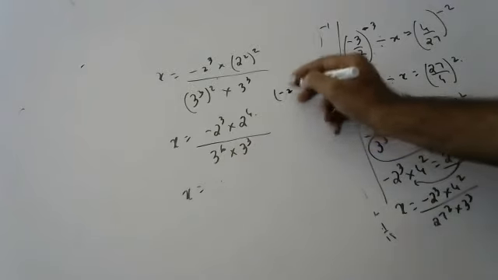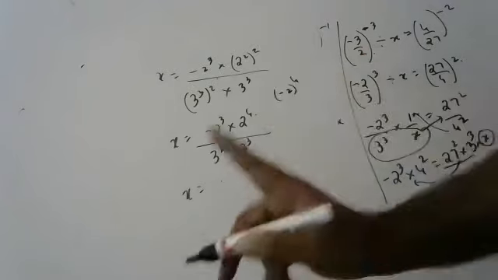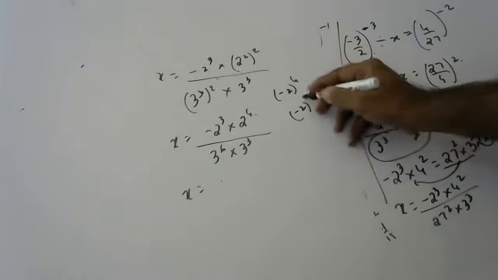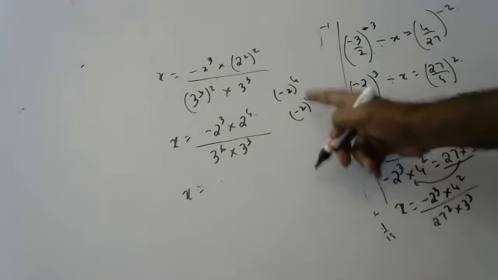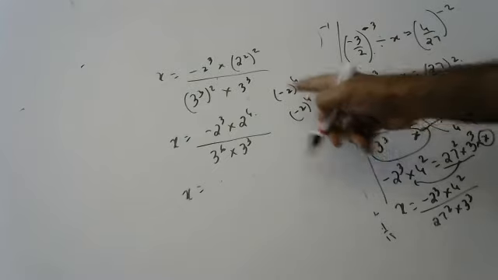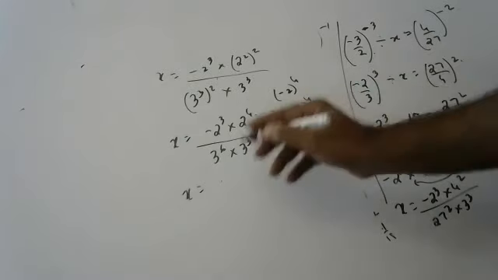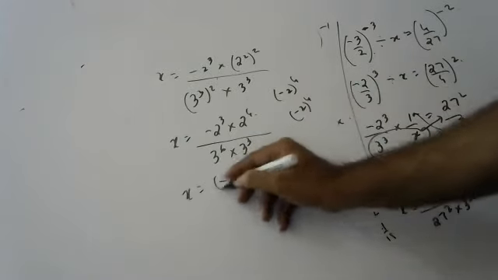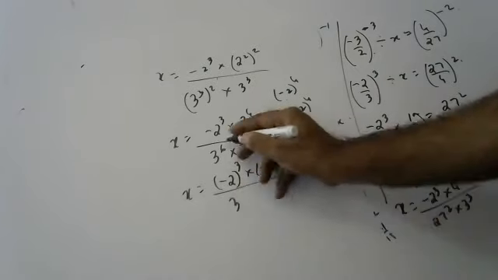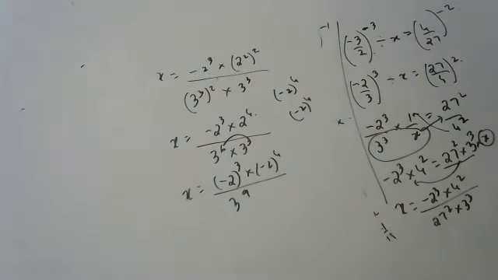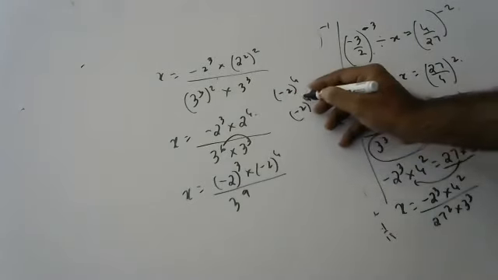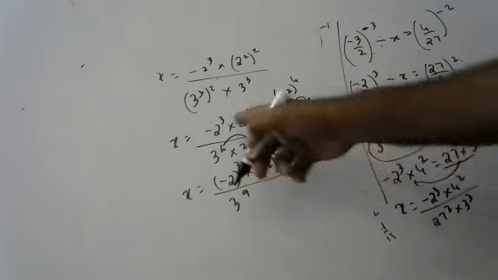Minus 2 to the power of 4 is also 2 to the power of 4 only, children. See, try to understand. I kept minus 2 to the power of 4, children. Why? Because minus 2 to the power of 4 is 2 to the power of 4: the minus is there, but for even powers it will become plus only. So minus 2 whole to the power of 3, minus 2 whole to the power of 4: when bases are same, powers can be added. Don't get confused, children. 2 to the power of 4 and minus 2 to the power of 4 we can also add, because the power is even, so it will become plus only.